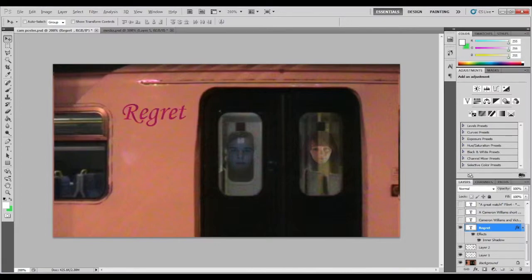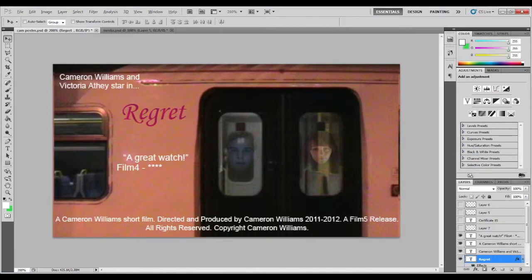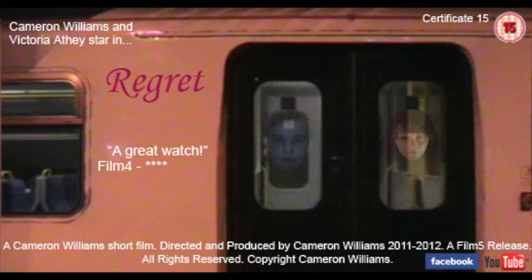Initially it was hard to think of ideas for this, as the subject matter was difficult to photograph. It also touched on a sensitive issue and I didn't want the poster to offend anyone. At the same time, I also did not want to give much of the film away. Despite all this, I came up with a poster which I think captures people's attention and makes them want to